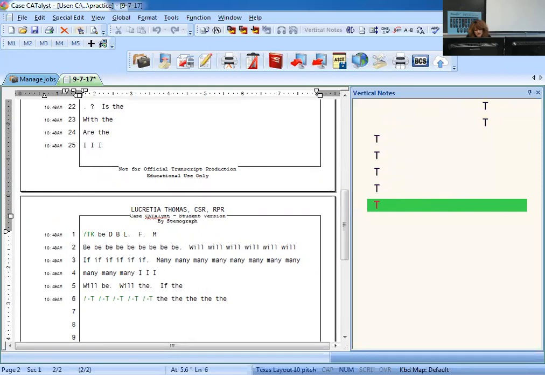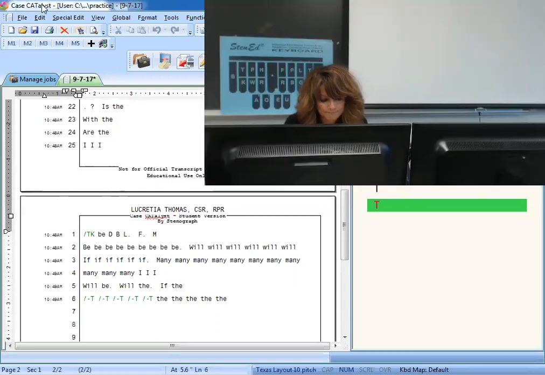So we have, just write letter D, letter B, letter L, letter F, letter M, period, comma, question mark, will be, will the, if the, many, I,